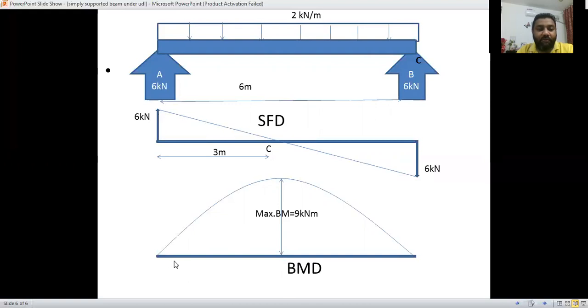Now for the bending moment diagram, we have calculated at the point A the bending moment 0, and at the point B the bending moment 0. But at the point C the bending moment is 9 kilonewton meter. That is the maximum bending moment. So we have 3 points, 1, 2, 3. Now to draw through these 3 points, what is the nature? In case of a UDL load, the bending moment is parabolic in nature. So we have drawn a parabolic curve. So this is the bending moment diagram. Maximum bending moment is 9 kilonewton meter. So this is an example of a shear force and bending moment diagram for a UDL load over the full span of a simply supported beam. So thank you.